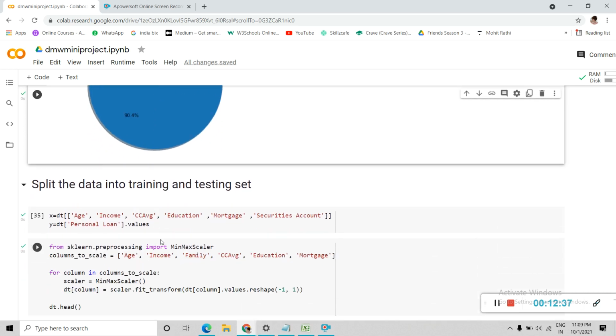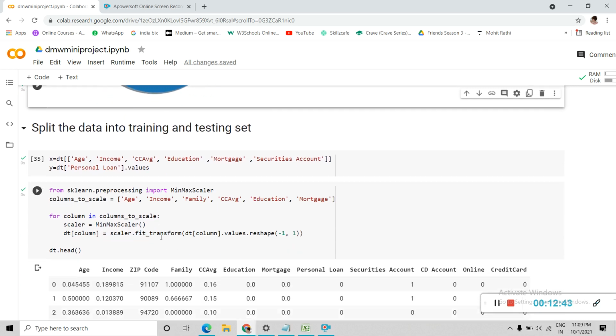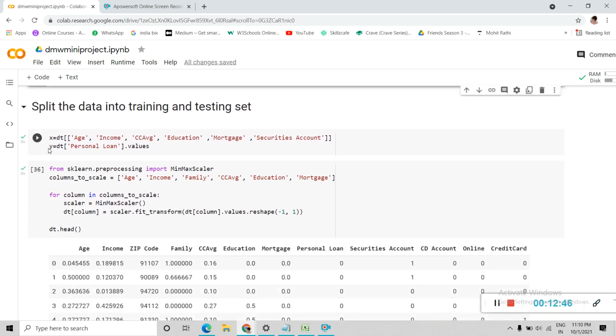Now before moving into the actual modeling process, we'll split the data into training and testing. Here we have x and y as input and output variables. In x we have given the variables age, income, CC average, education, mortgage, and securities account, and in y we have personal loan values.